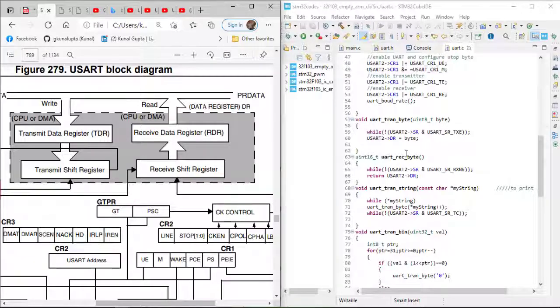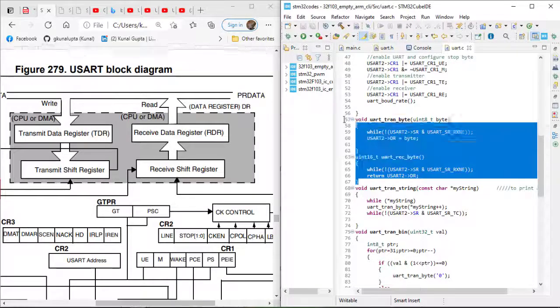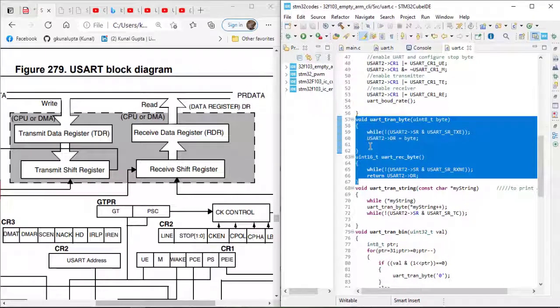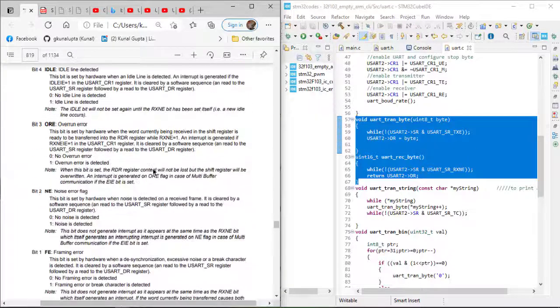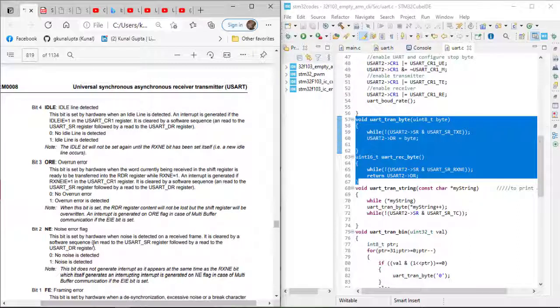So these are the only two small functions you have to create for transmitting and receiving a single byte. Just stick to these functions first; the others you can also use, but for this application they are not required.